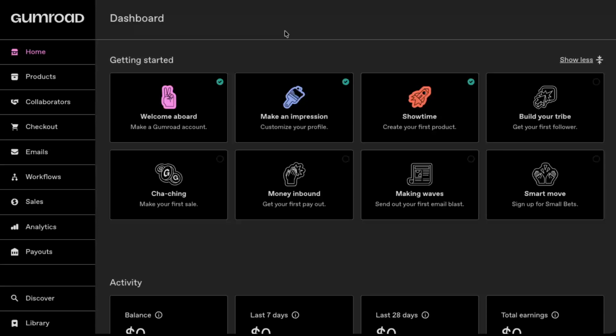First, open your web browser and head over to the Gumroad website. Log into your account the way you normally do. Once you're logged in, you should land on your Gumroad dashboard. This is the main page where you can see your products, your sales, and your overall account activity. If you're not on the dashboard yet, you can usually get there by clicking on the dashboard option in the